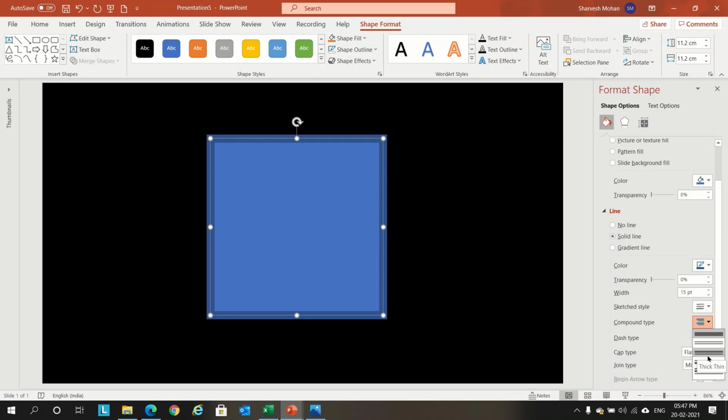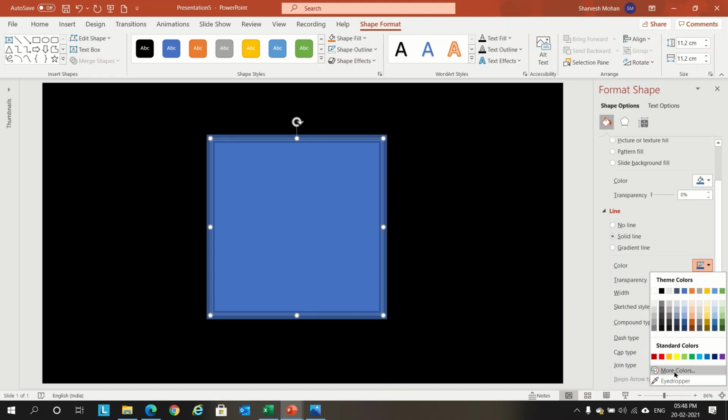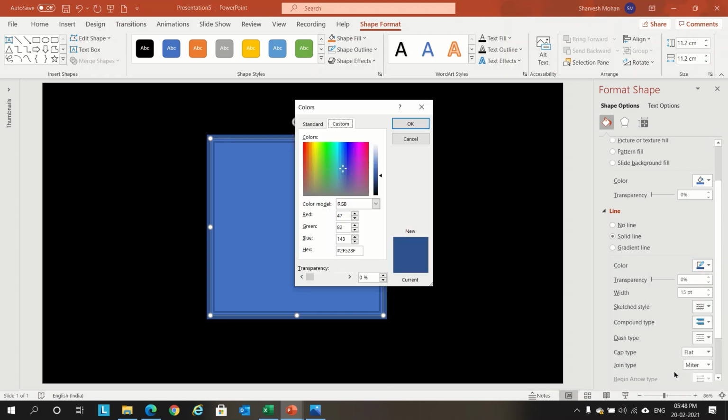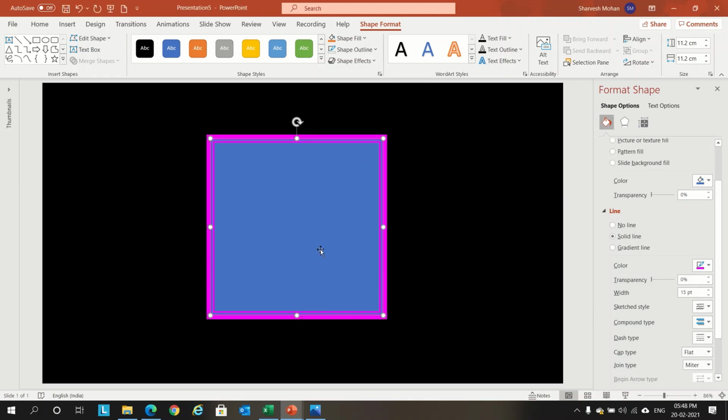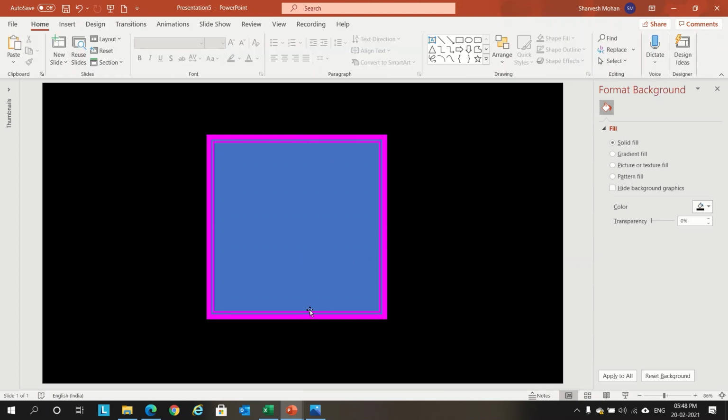We have to select this border, thick thin border. So selected like this and we'll give the color. Maybe I wanted to give a pink color. Let's go to more colors, go to standard. I'm taking this border as this pink or purple color. We got this color.